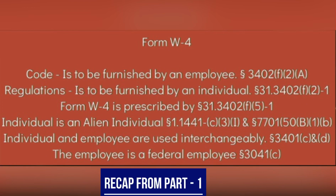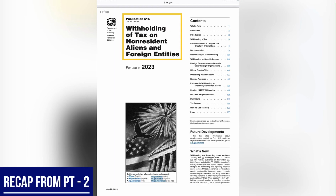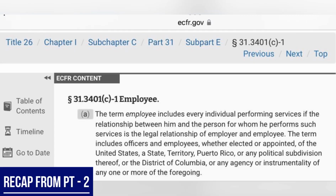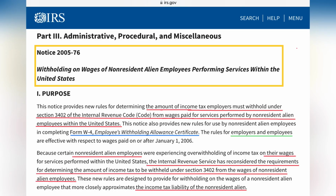What you're reading on the screen right now is a recap from part 1 of this 3-part video series concerning the Employee Withholding Certificate Form W-4 from both the Internal Revenue Code and the Code of Federal Regulations, Title 26. On part 2, we cover Publication 515 and Notice 1392. We also cover the legal definition of employee and employer from the Employment Taxes Regulations. We also read from the IRS website Notice